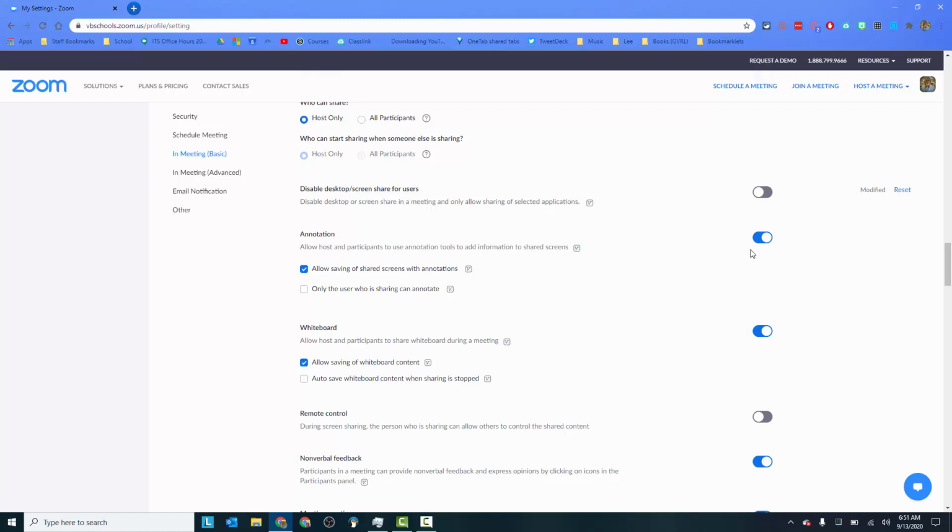Annotation. This allows people to make annotations on your screen when you're sharing your screen. There are definitely times in classroom instruction that would be important. And this is one of those settings that you can only change from outside of a meeting. So if you're in a meeting and decide you need to change this, you have to exit the meeting and then join it and then start it again. But this has some potential for students to be inappropriate if you're sharing your screen. So